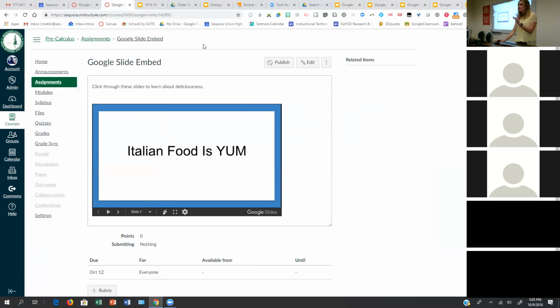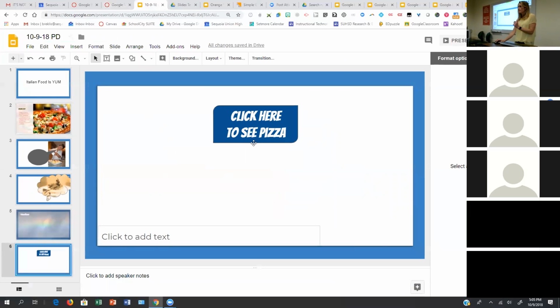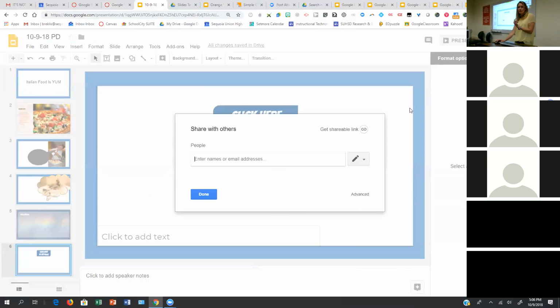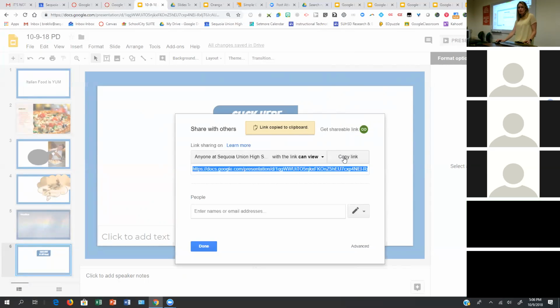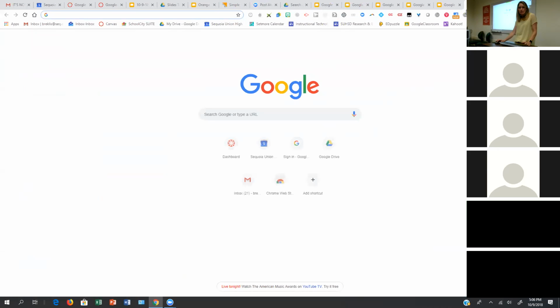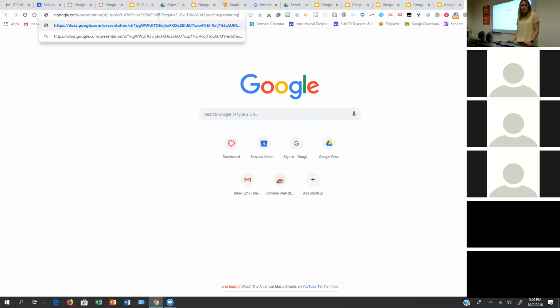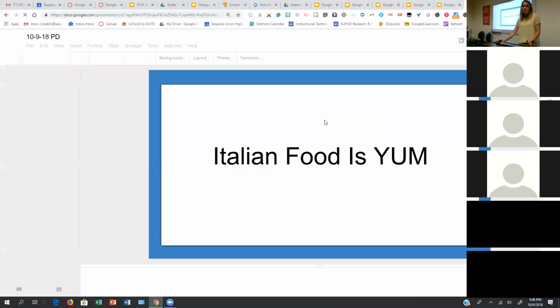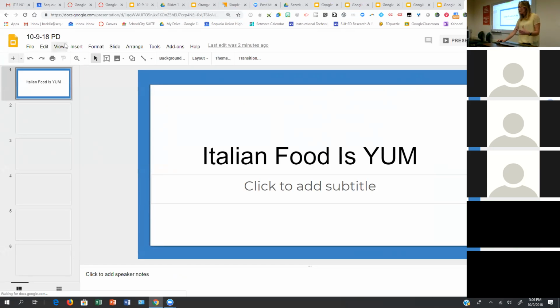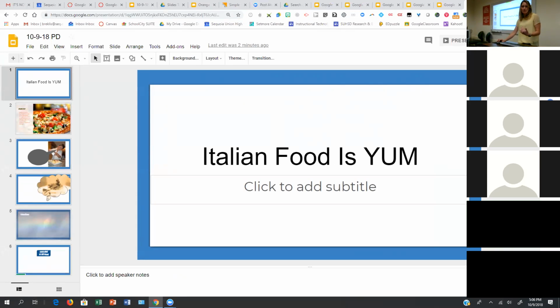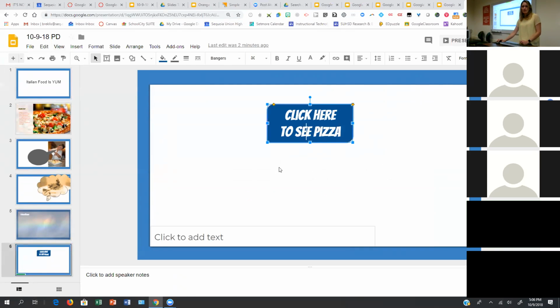But let's say you just want to share your slides with somebody, and you've made a button like this. If you just hit share and you copy the link, I'm going to open a new tab, paste it, just like if you email it to someone, paste that in there. It's going to open up where it's going to say you only, but they're going to see all of this stuff on the side. If they go to this one, they're going to click and go, it's not working. I clicked, but nothing, unless they happen to click on the outside, then maybe they notice that. They're not really going to notice that it's a clickable link.